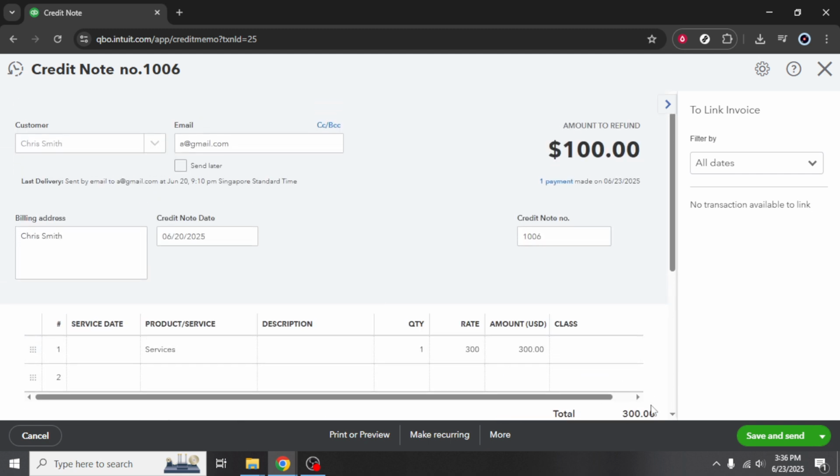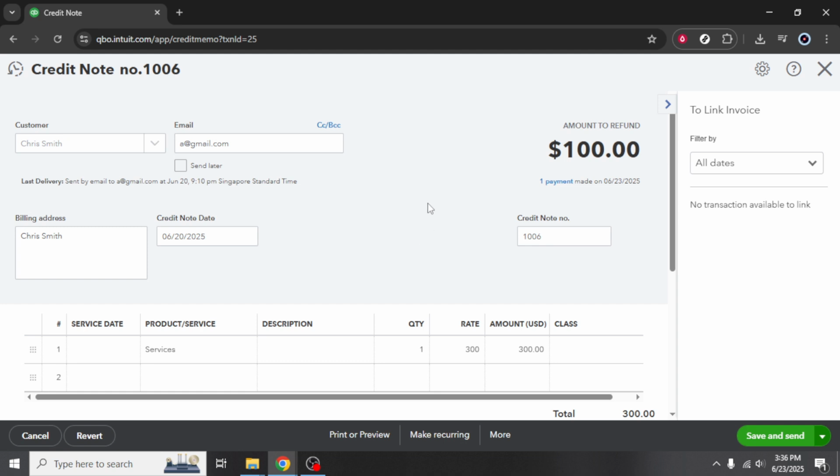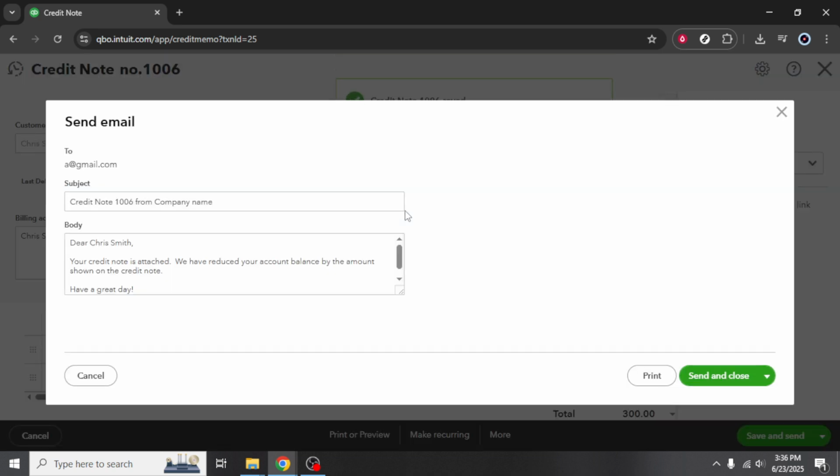And there you have it. By following these steps, you're now better equipped to manage your finances within QuickBooks. Remember, mastering these features not only helps you keep track of your business's financial health, but also gives you more confidence in making informed